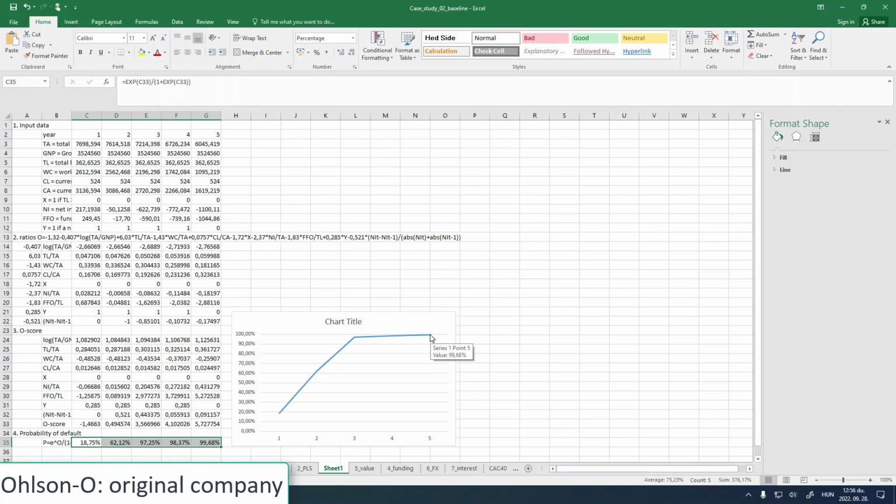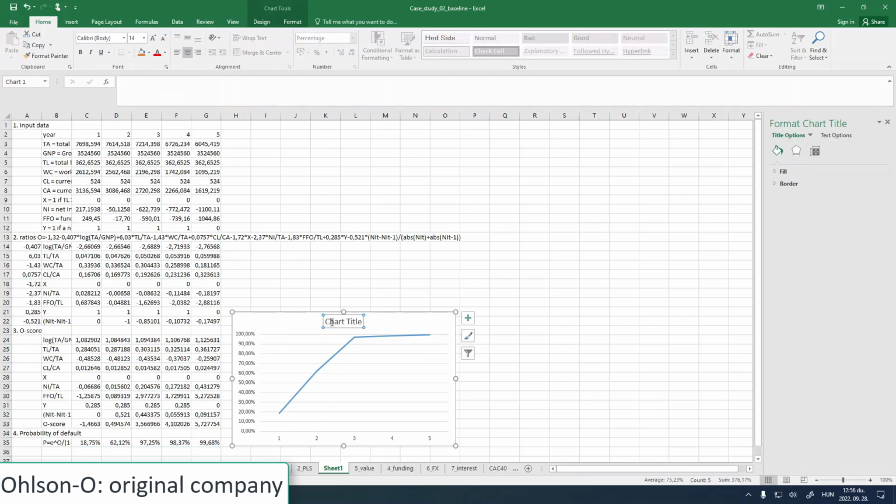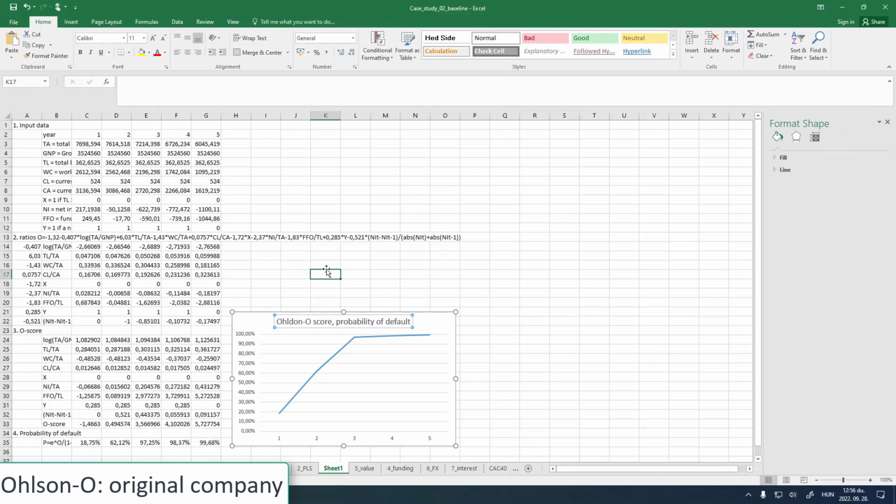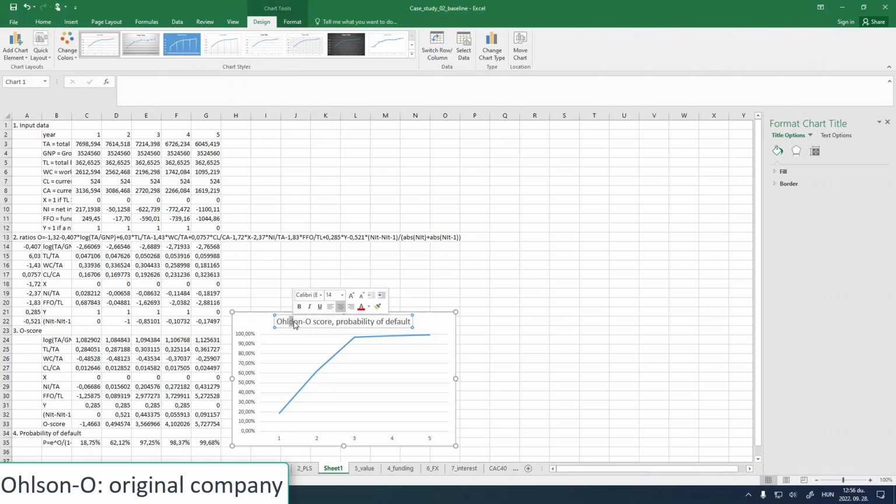So I think that if we are reaching 99.68%, then it's bad. Even if you are funded by state money and by different national budgets, still it's